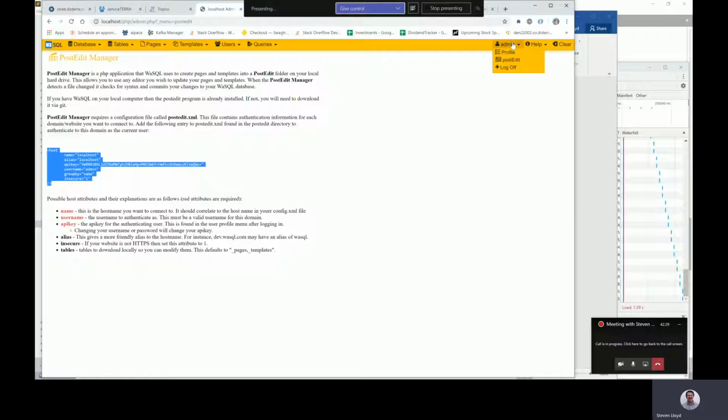Okay, so you're going to go up here to admin and click on post edit. This is the back end of localhost if you have WaSQL installed. /A, yep. Yeah, or this user menu, and then here there's post edit. This will change based on, if I'm logged in as S. Lloyd, it would not be the admin menu anymore, it'd be S. Lloyd. So if you select that section and copy it,